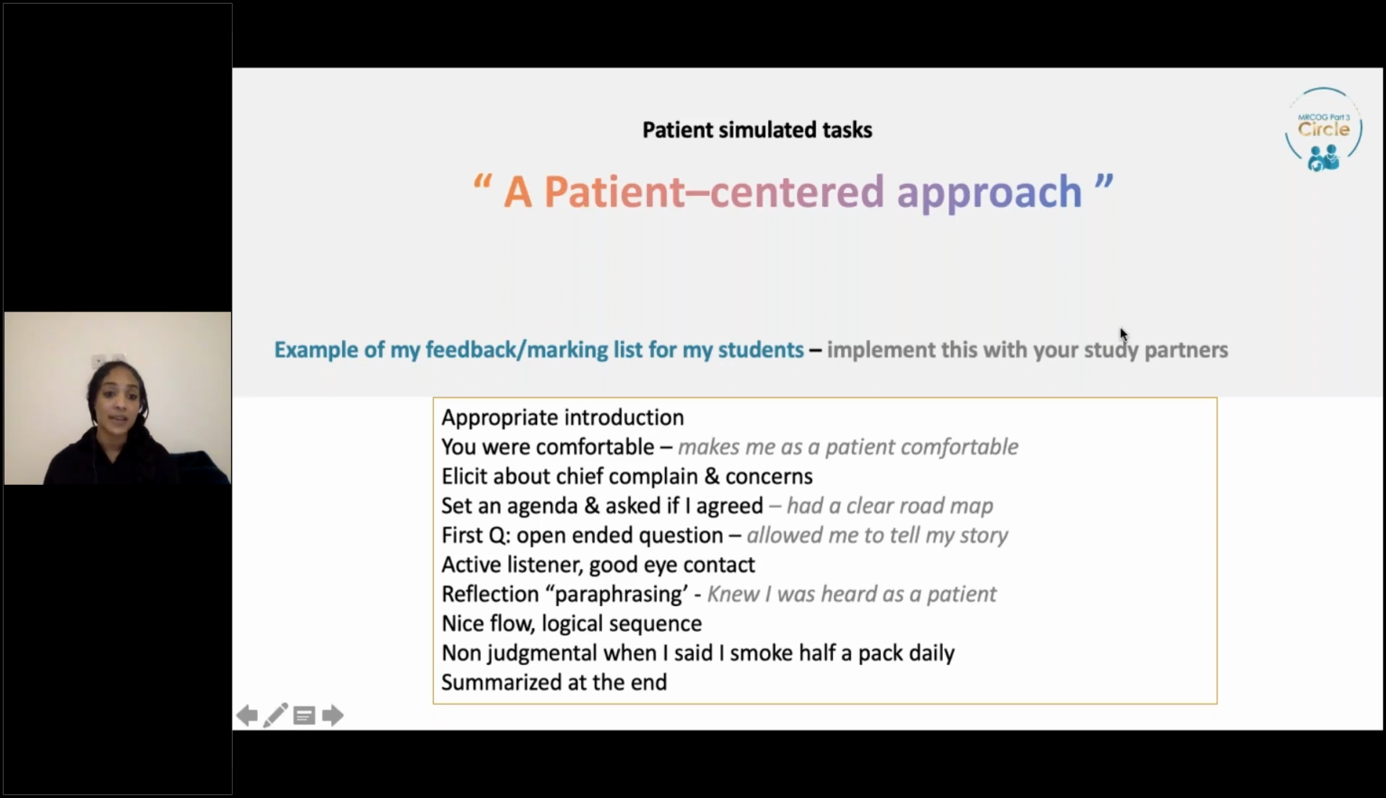Okay, so that's an example of how you should be marking yourself and marking your study partner. Does anyone have any question? Okay, now let's go to